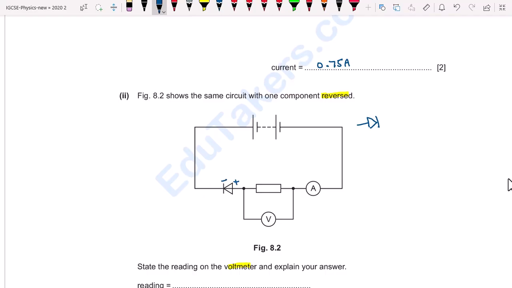The negative terminal of the diode is attached with the positive terminal of the battery, while the positive terminal of the diode is attached with the negative of the battery. It means that these are reverse biased, and when there is reverse biasing, no current flows in the circuit. No current flows through the circuit, due to which the voltmeter also gives zero reading. So I write here